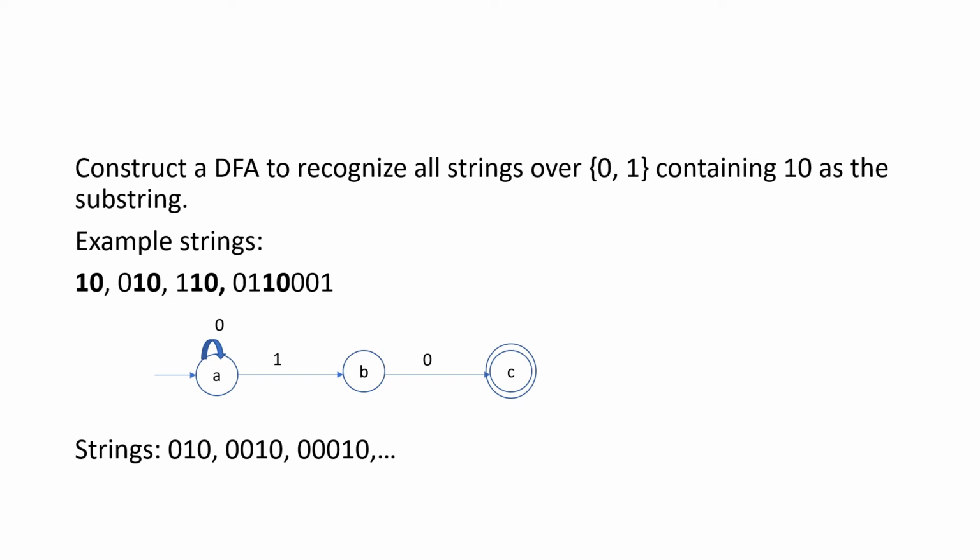So first, by default, we'll try to have a self loop. What is the missing input symbol here for the state A? Already I have a transition for 1, so we don't have a transition for the input symbol 0, so I'll include it. If I include an edge like this, it is a loop. It can be repeated, the same as a loop statement in our programming language. It can be repeated any number of times.